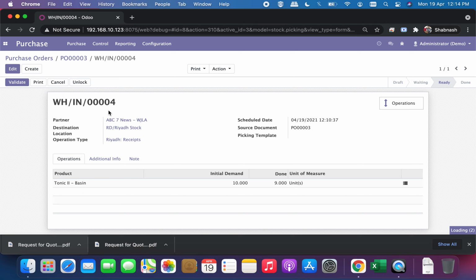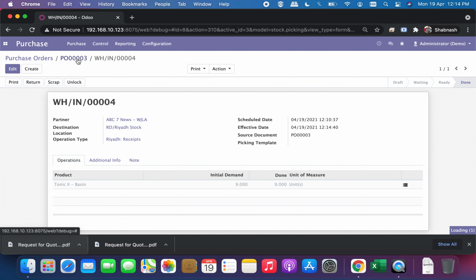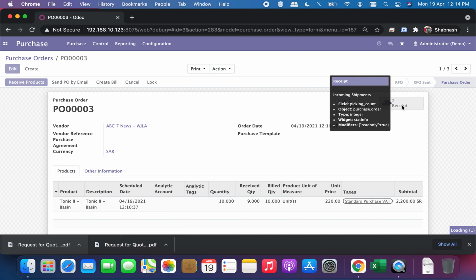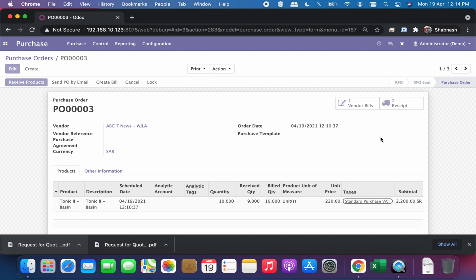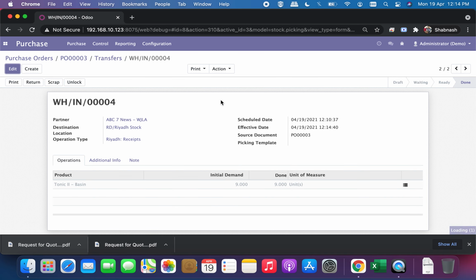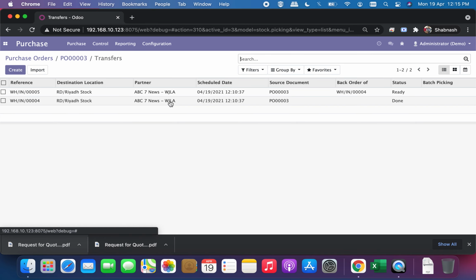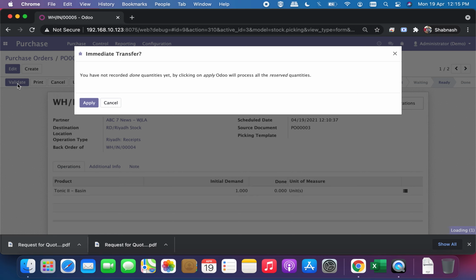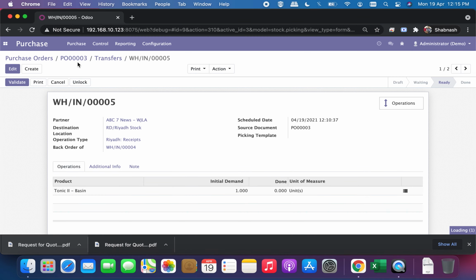By that process, if you come back to the purchase order, you can see that there will be two receipts linked to it. One receipt has already received those products, with the status as done, and that is for 9 items. The other is for 1 item, which is waiting. Whenever they come up with that product, you can validate that as well. By that, you will be receiving all the products, and that PO process will be completed.